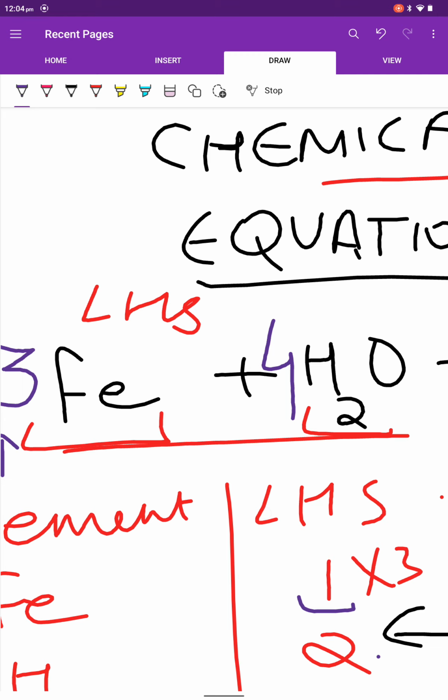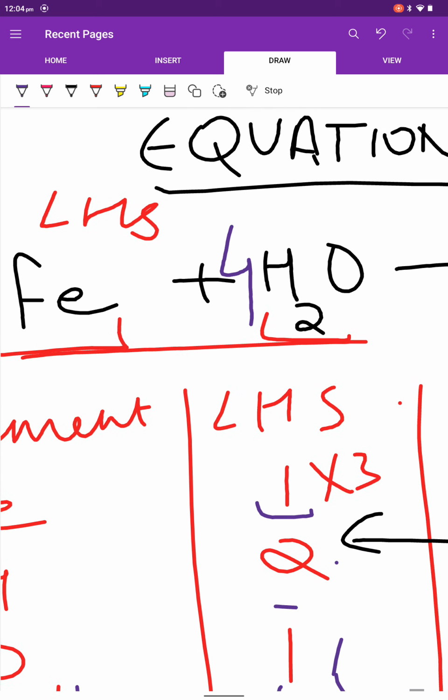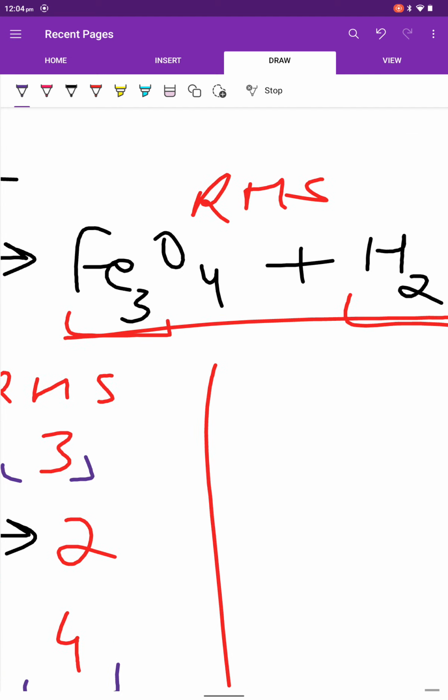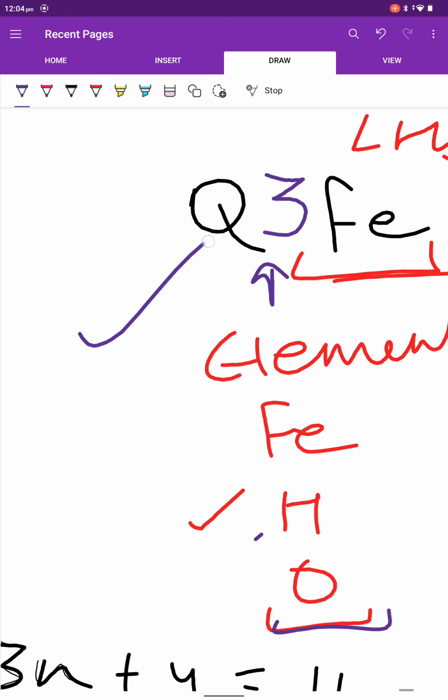Now see children, now you're thinking that our balancing of the equation is done. But wait. अभी हम लोग क्या बोल रहे थे कि हाइड्रोजन बैलेंस्ड है, बट हाइड्रोजन अभी भी बैलेंस नहीं हुआ. Why? Because जब हम लोगों ने ऑक्सीजन को मल्टीप्लाई किया 4 से, so we are multiplying hydrogen also. जब हम लोग 4 को मल्टीप्लाई करते हैं, so we are multiplying this also, along with that हाइड्रोजन भी मल्टीप्लाई होता है. Okay, so we have to multiply hydrogen also by 4. Now it is perfectly balanced, right? Means यहाँ पर क्या किया? It is 4 and that means it is 4. Now this chemical equation is perfectly balanced.